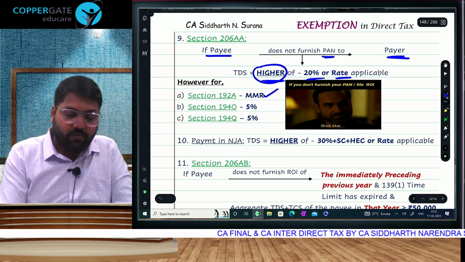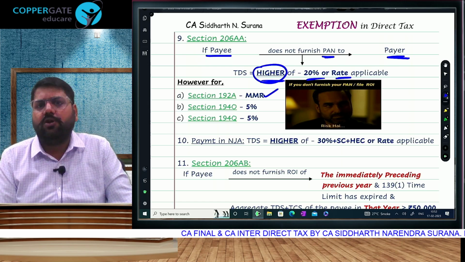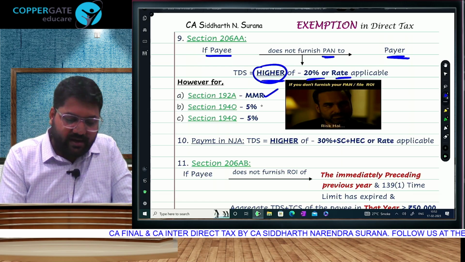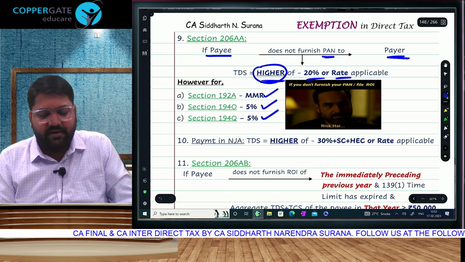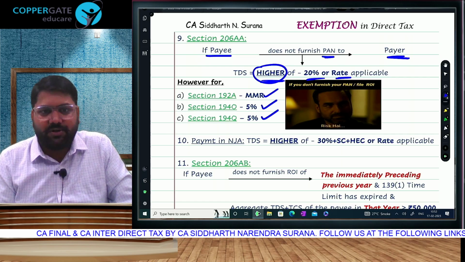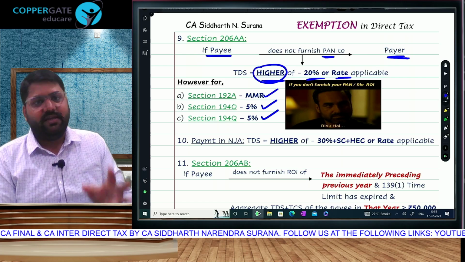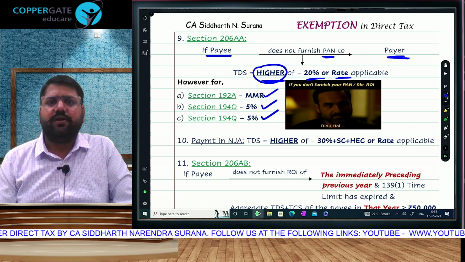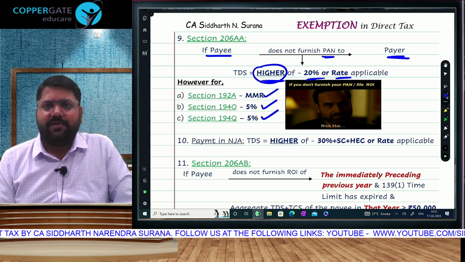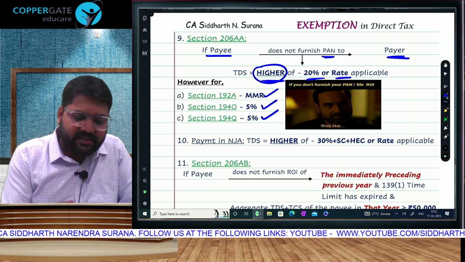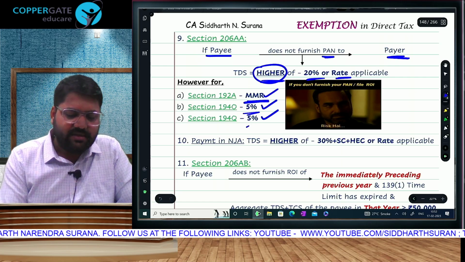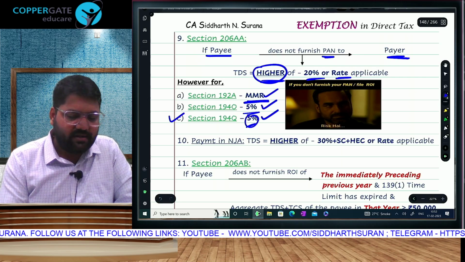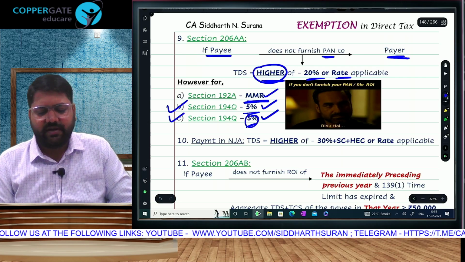However, with respect to the payment under 192A, that is withdrawal of RPF, it will not be 20, it will be MMR. With respect to 194O, that is e-commerce, and 194Q also, sale of goods, one of the rare sections where goods are covered. Majorly the TDS chapter is about services, but goods are covered. In these cases, it is going to be 5%, not 20 but 5%. Section rate or MMR, MMR is obviously going to be the highest. Section rate or 5%, whichever is higher. In this section, it is 0.1%. So we will take 5. In this section, it is 1%. So we will take 5%.